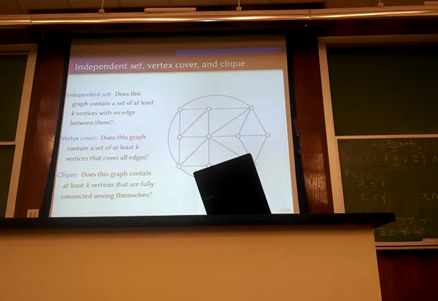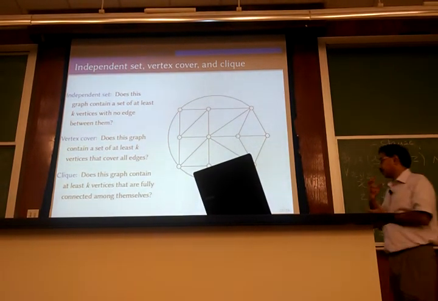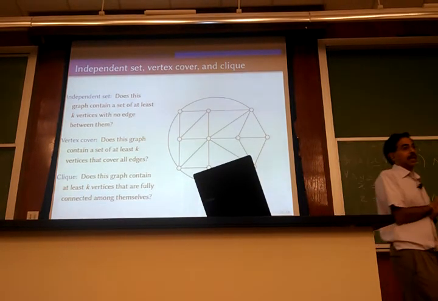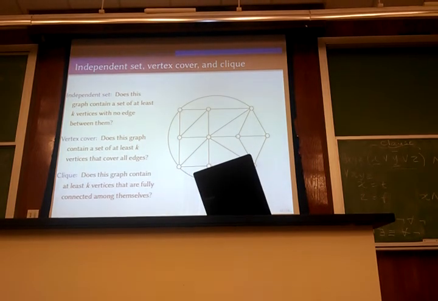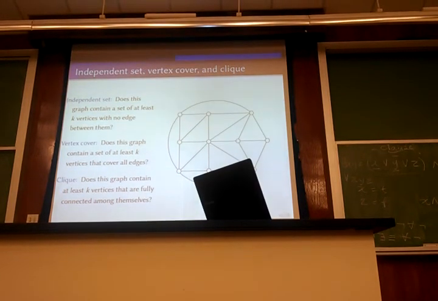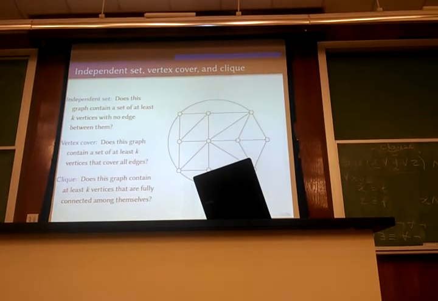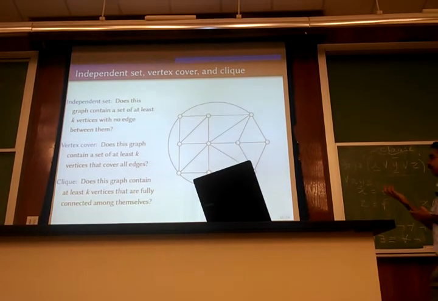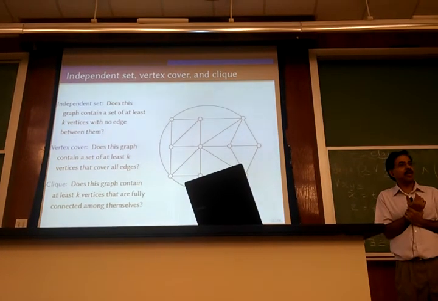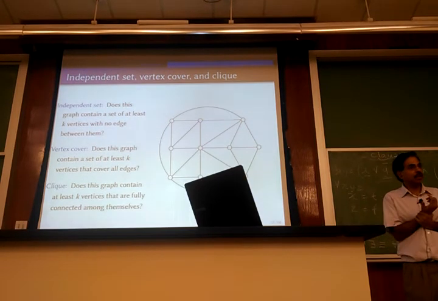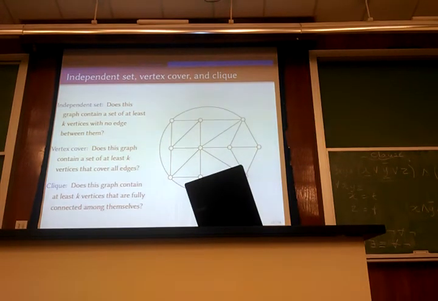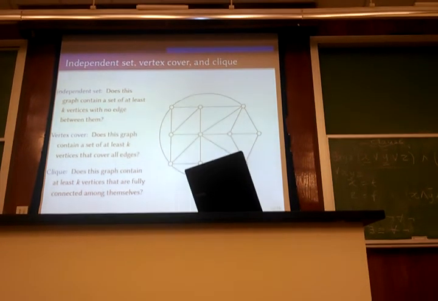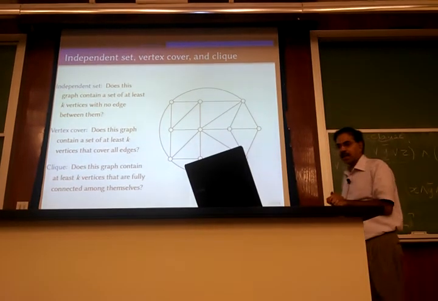Clique means, does this graph contain at least k vertices that are fully connected among themselves? Okay? So there's a subgraph that's fully connected. So again, if k is very small, like 2 or 3, well, you can enumerate all possible combinations in polynomial time and check it, right? But if k is large enough, then finding whether there is a clique of size k is